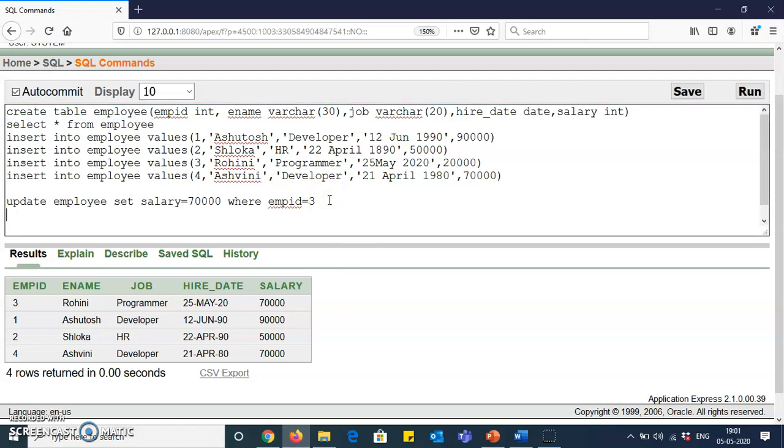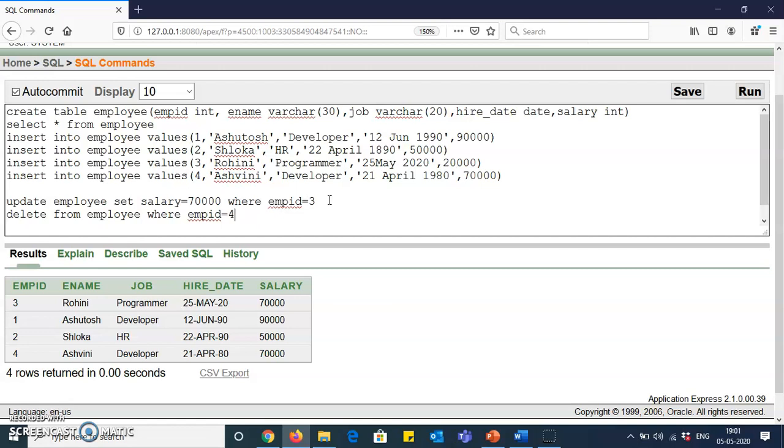Similarly, if I want to delete the row of matching details, what will I do? I'll write the syntax for delete: delete from, the table name is employee, where condition. I just need to specify the condition. I'll write where EMP ID is equal to 4, if I want to delete the row whose employee ID is 4.